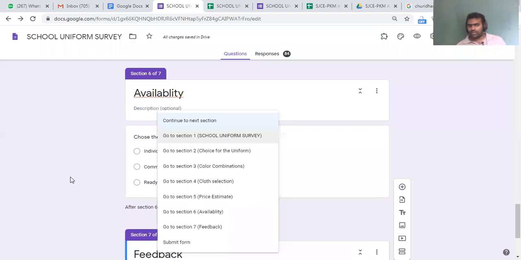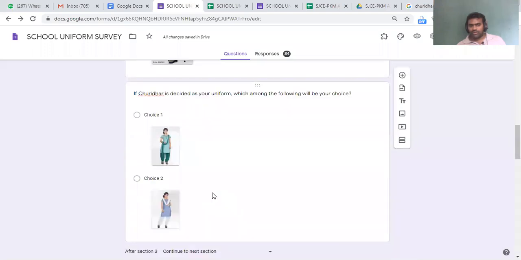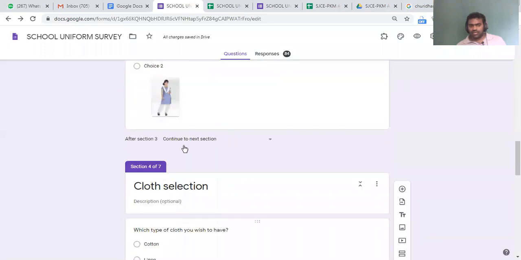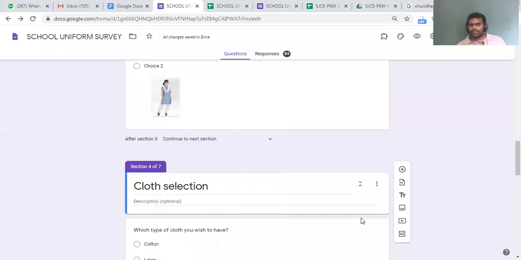You can rearrange also. Suppose after color combination, if they need to go to price, then you can choose color combination, then price. Like that options are there. Yeah, right, Maya ma'am.